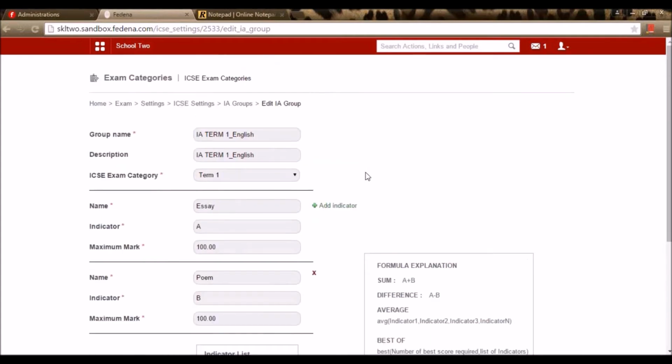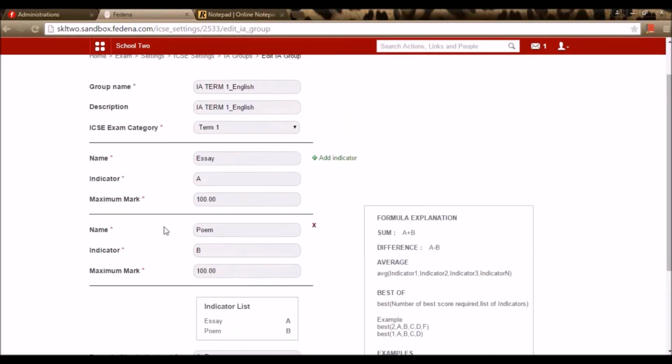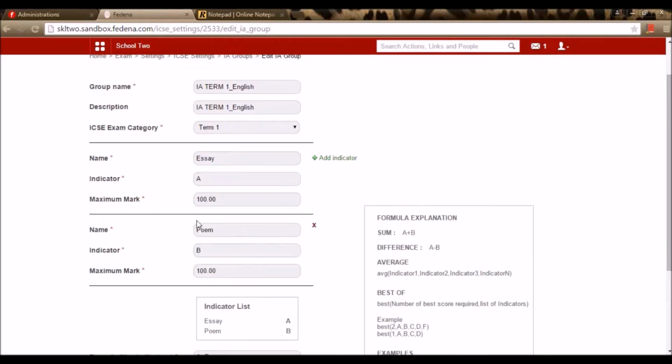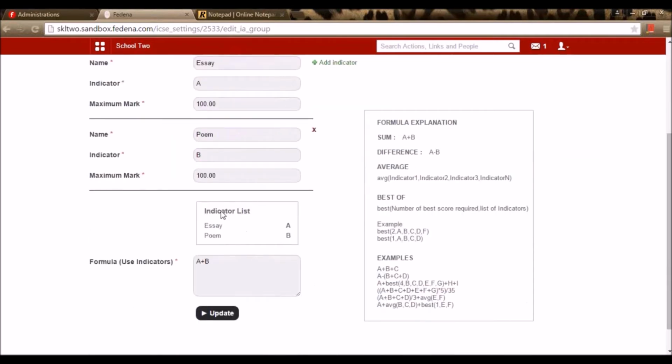Right here under these IA groups, I am giving the indicator, say named essay. So essay writing will be marked for a maximum mark of 100 and this indicator is represented with the letter A. Similarly, another IA criteria is created here with an indicator B and I'm giving a maximum mark to be 100. The maximum mark depends on the mark that the school wants to provide for this particular criteria. Here you can see the indicator list and once again we can